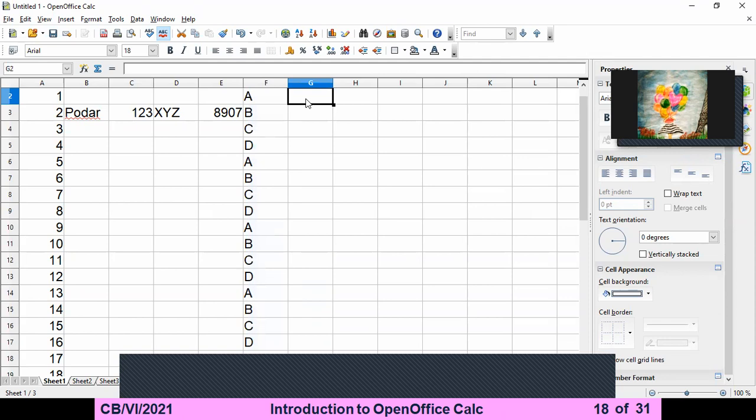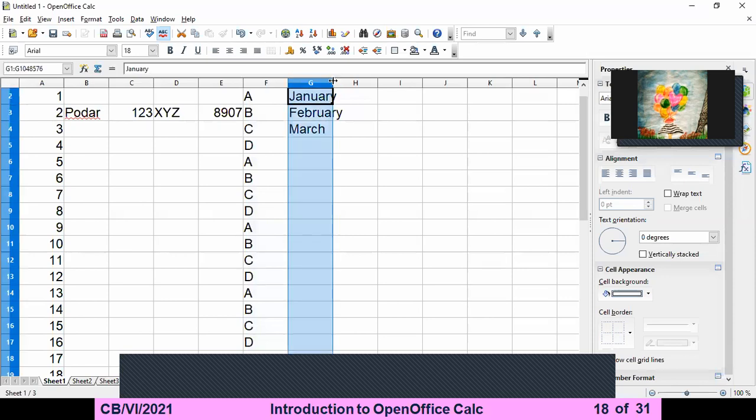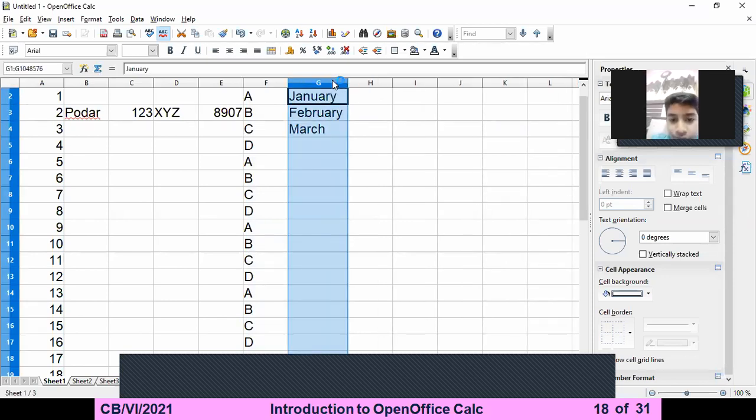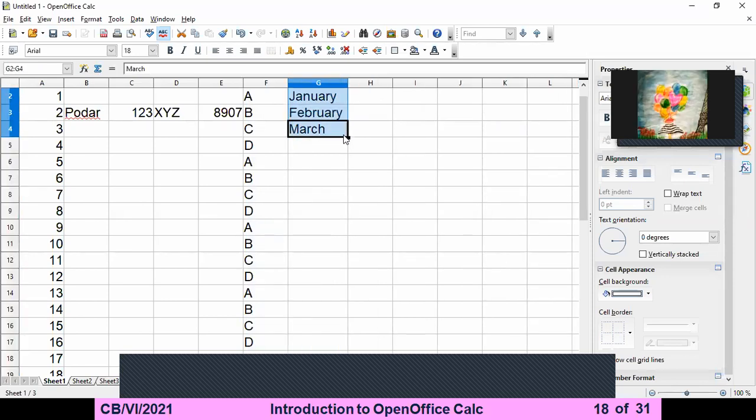I am writing here January. Sorry. February. March. Everyone knows what I am writing. I am writing the names of months. So firstly, you can select it and do the autofill.